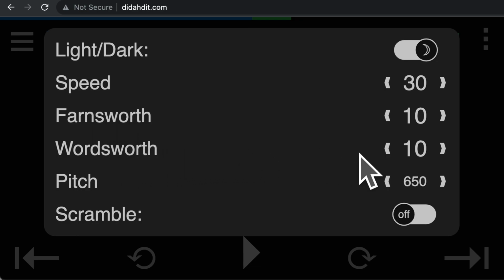We've added Wordsworth. So the idea here is that maybe you set your regular speed quite high, maybe not quite that high, but then you turn down the Wordsworth very slow. So the idea is at some point, and so now I'm in the second semester of CW Ops, and we're getting into more instant character recognition,